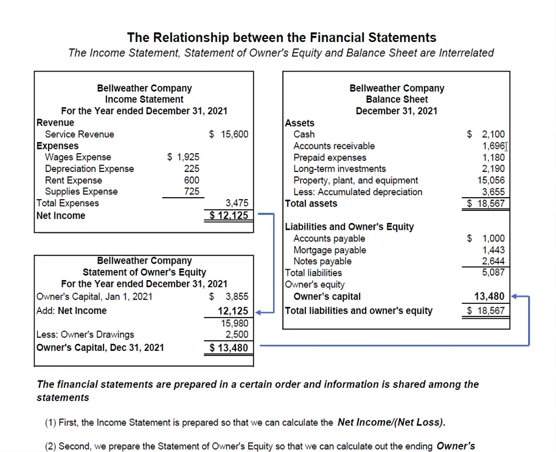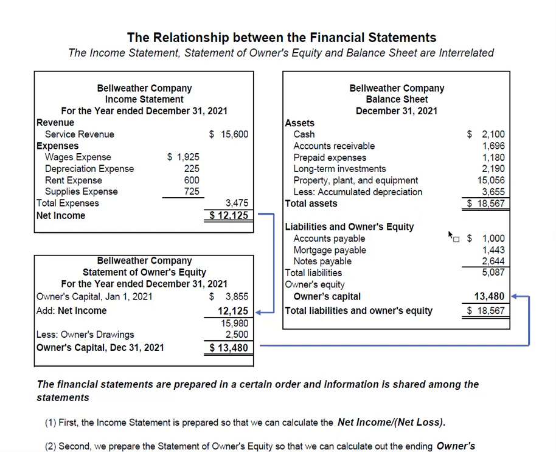Then we have accounts receivable, prepaid expenses, long-term investments, property, plant, and equipment, accumulated depreciation. And we add all those together and we get total assets of $18,567. We end it with a line, a dollar sign, and a double underline to indicate that this is the